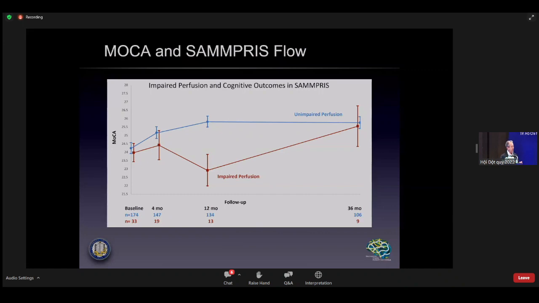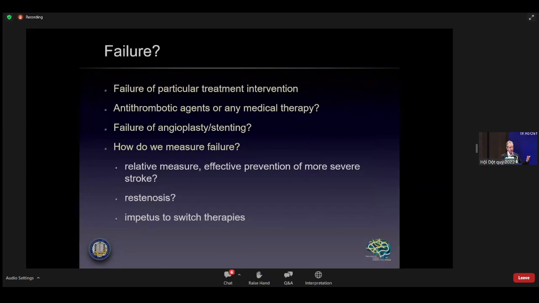And people often look at this curve and say, well, why did the curves come together at the end? That's because it only looks at the patients that were retained in the study, because everybody that had a stroke dropped right off that red curve and was no longer included. So they either had strokes or died or even worse cognitive impairment. So it's important to consider how we see people over time.